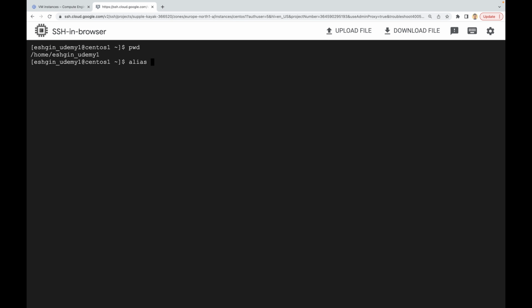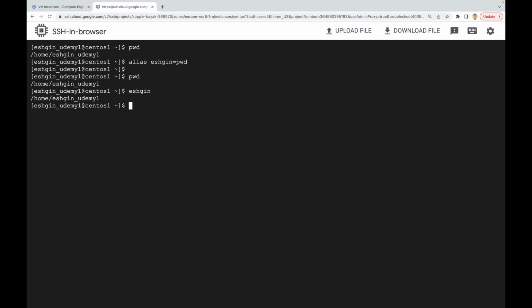So alias, and then you write your new command name. The new command name will be eshkin, and then you write your old command name. The old command is pwd, and press enter. So it is done. You just created an alias called eshkin and it points to the pwd command. Let's see how it works. If you run pwd, it works great, it's not affected. But if you use eshkin, as you see, it does the same thing, because eshkin is just this